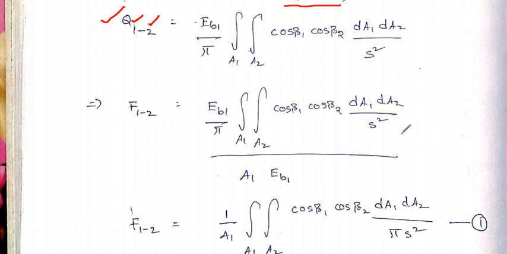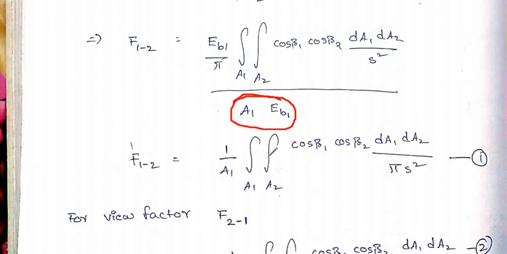This is the rate of radiation energy emitted by surface 1 and that strikes the surface 2, and this is the total radiation energy leaving the surface 1, that is A1 into Eb1. Next, this can be written as F1 to 2. So Eb1 and Eb1 here will get cancelled,